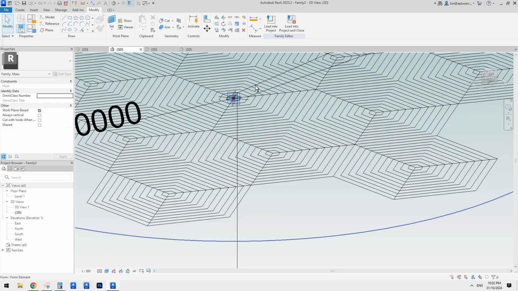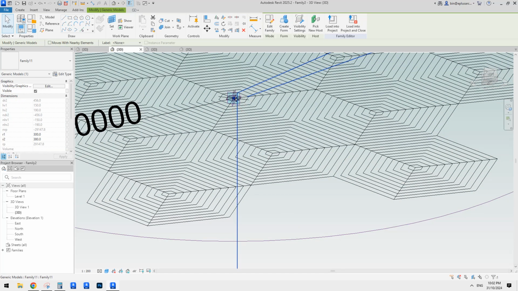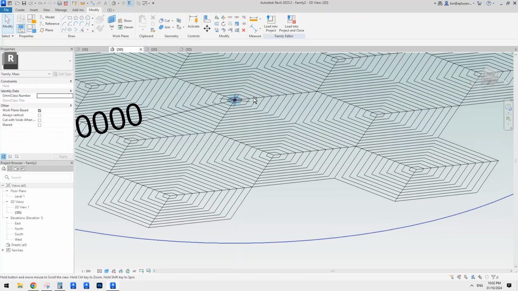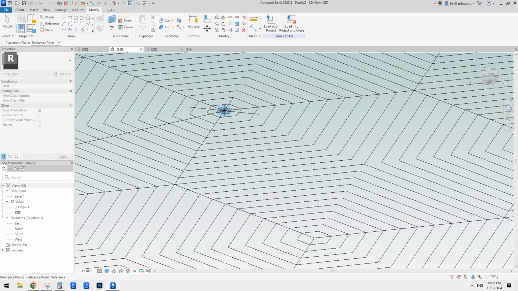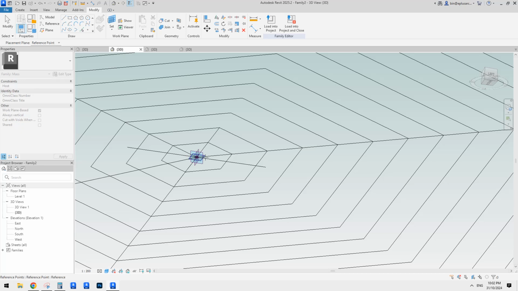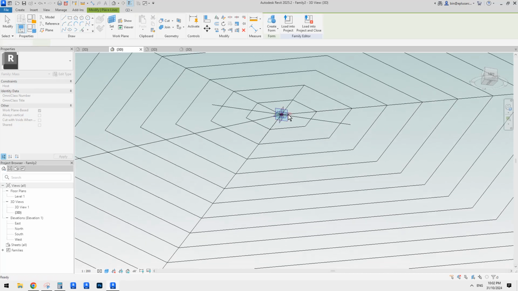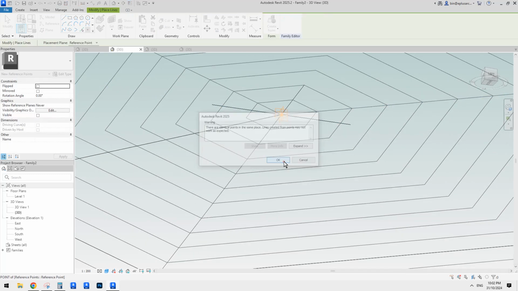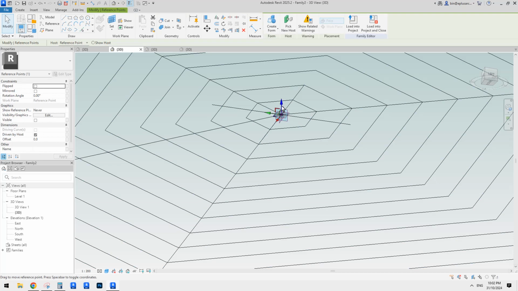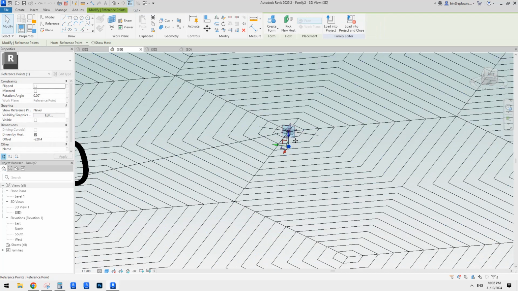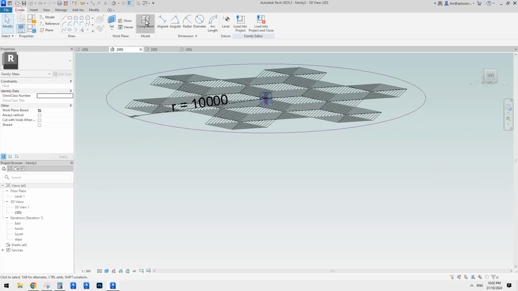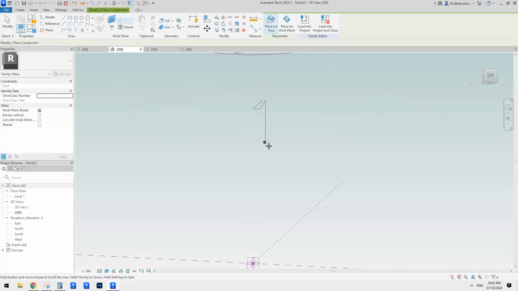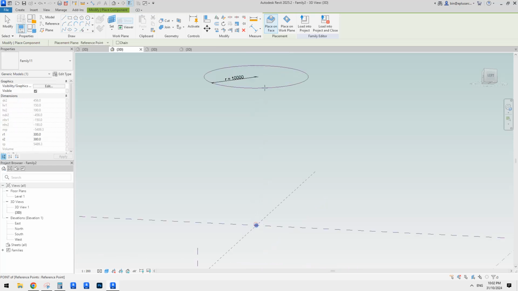So maybe you can do this. Instead of directly placing the second point onto this, let me just delete that one. You can also place a point. You draw on work plane, set work plane, and just offset, create a point and lower it. So maybe just here. So you will always have a point away from the top part, right? And then you can just create component here,